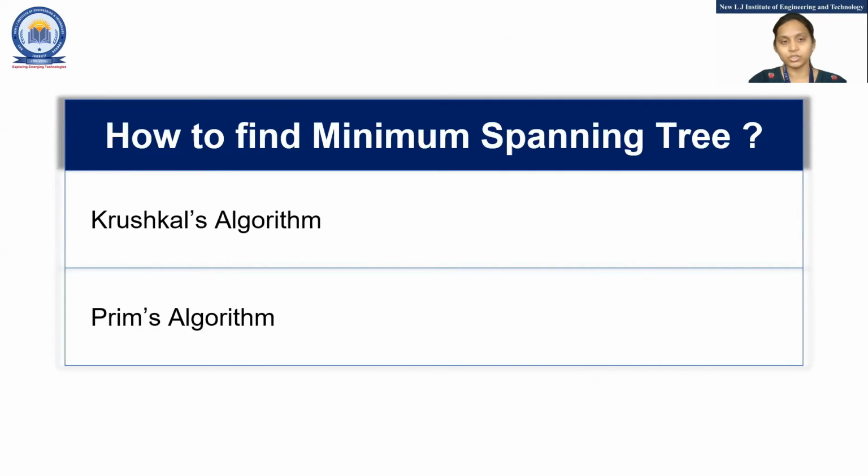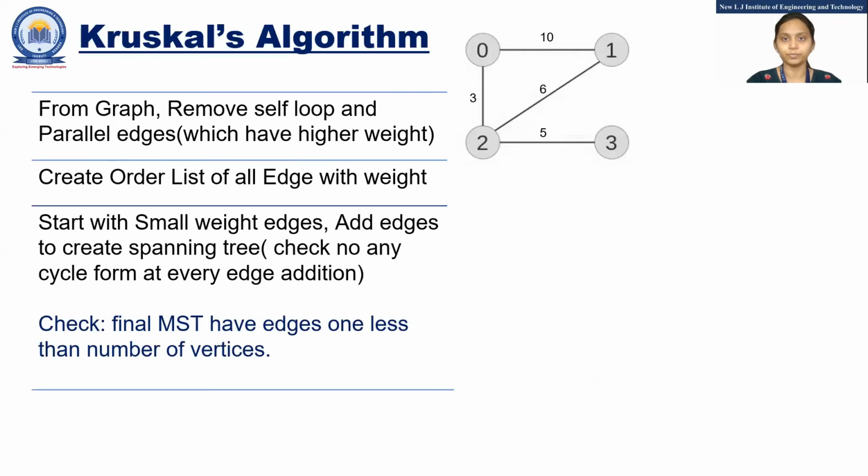Now this is simple. If my graph is small it is easy, but if my graph has more edges, at that time you require some algorithm, or you need some predefined steps. For that we have two algorithms, Kruskal and Prim. Let me start with Kruskal. In Kruskal, they are saying ignore all the self loops or parallel edges. If a loop or parallel edge is given, you just have to ignore that. And then after, you have to create a list of all the edges.